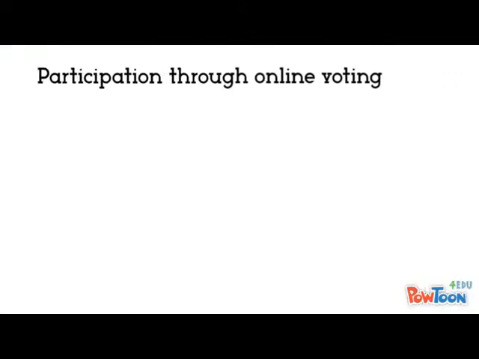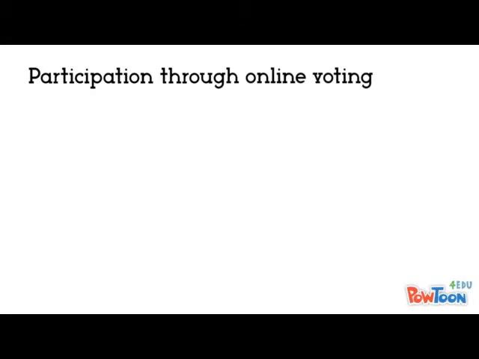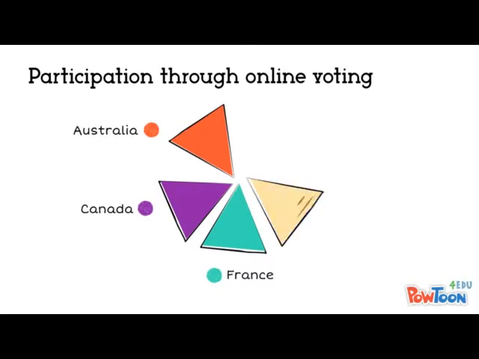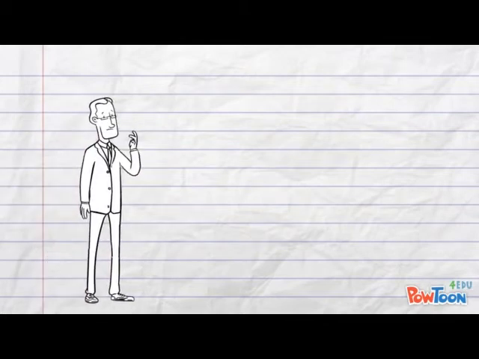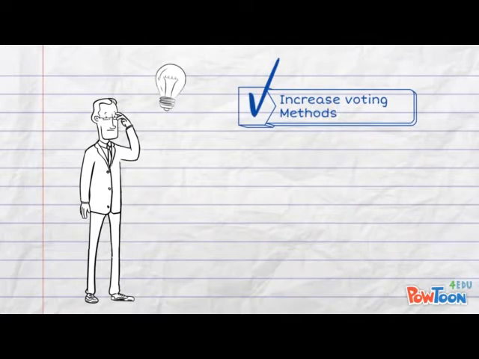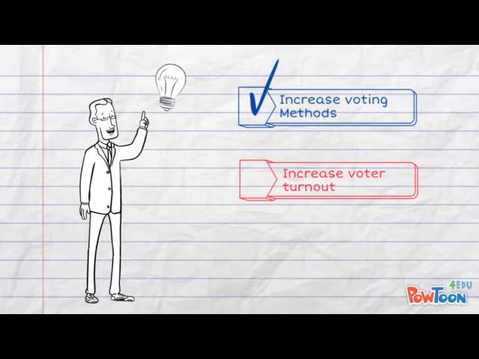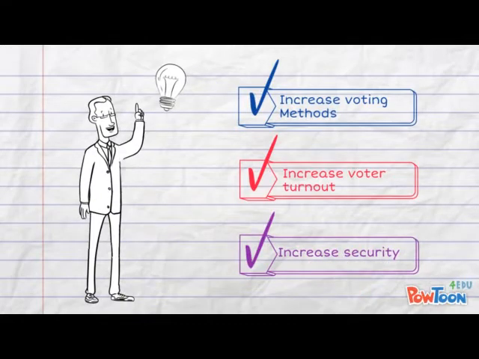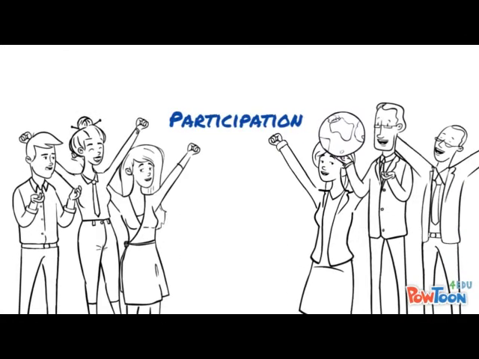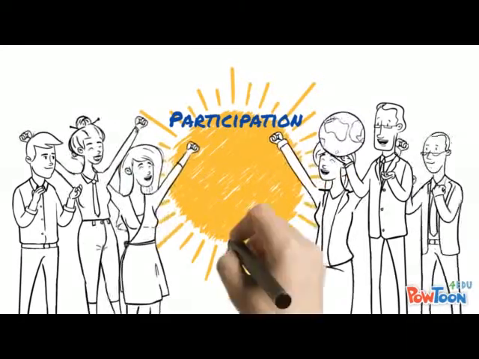Electronic voting has also become more popular worldwide, with it being implemented in countries such as Australia, Canada, France, Germany, the United Kingdom, etc. Traditionally, voters cast their ballots in person or through mail, but by implementing electronic voting, there would be an increase in the number of voting methods people have when casting their ballots. As a result, this should increase voter participation. Furthermore, as technology improves, the process of electronic voting would become more secure. By having more voters participate in elections, the results are more indicative of the public's opinion, which promotes democracy.